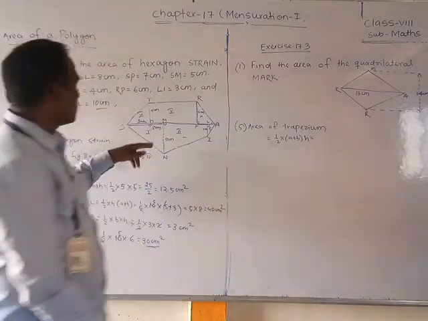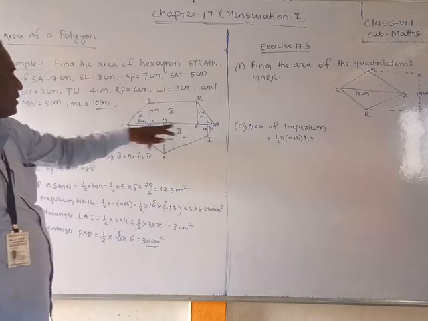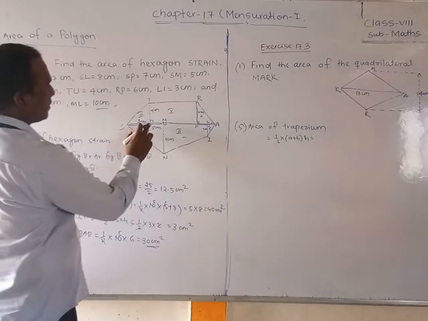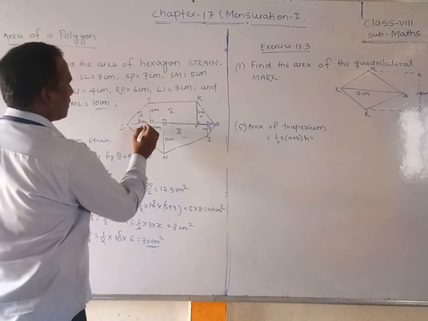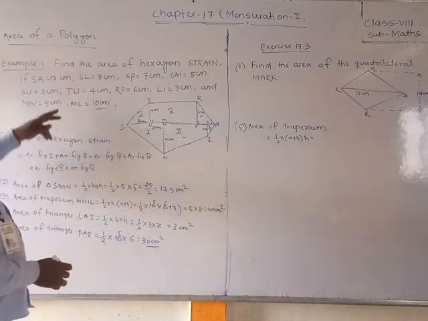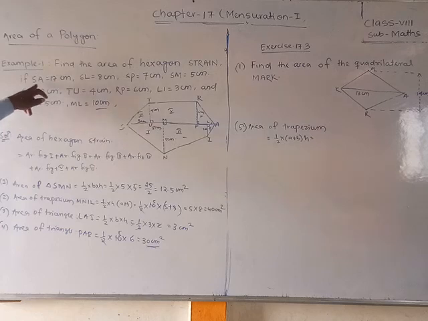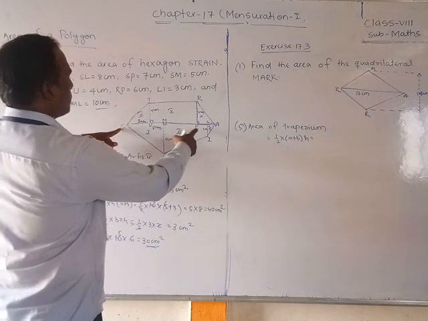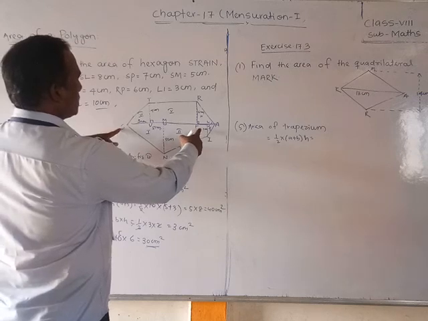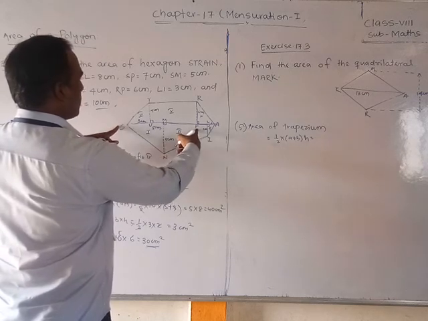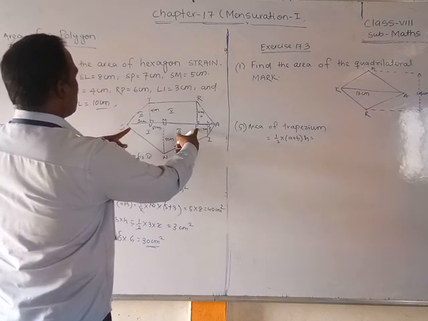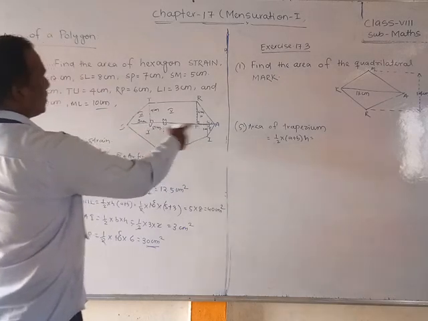You observe that here, this is U and this is P. How much is there? U P. Where is it? Okay, we can find out now. Total how much is there, students, here? 17. Total 17 from here to here. SP is equal to 7 centimeter. Here to here, 3 means 4 centimeter we can take.